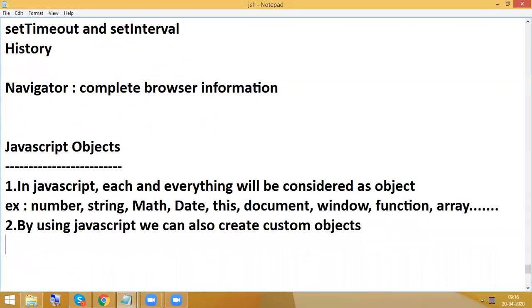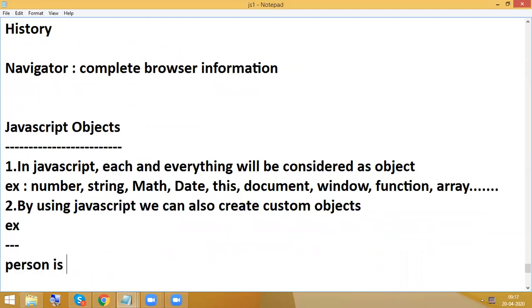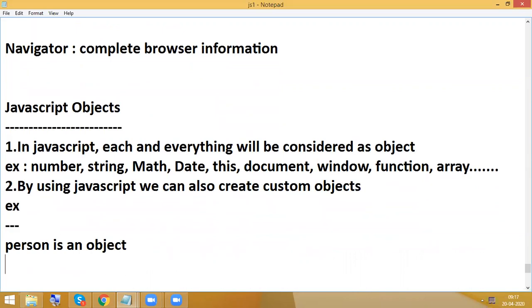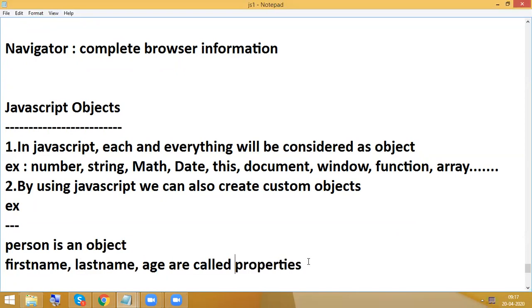For example, consider person is an object. What are the properties for this object? First name, last name, and age are called properties. So the object is your person.